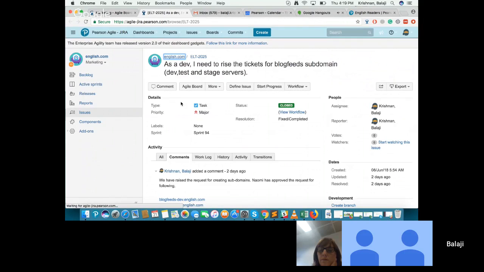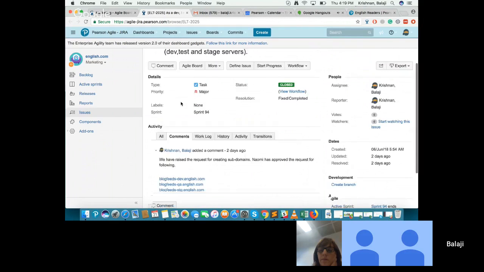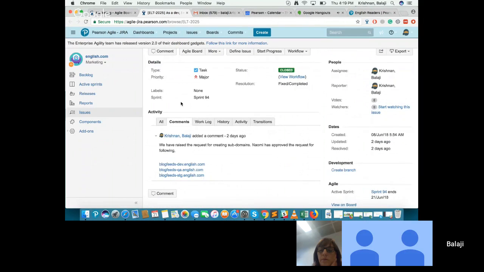So this is the request raised for the Blockfeed subdomain. Last sprint we did it for production blockfeed.com, so we are now maintaining only one domain for protection, but we need to test it and maintain this.